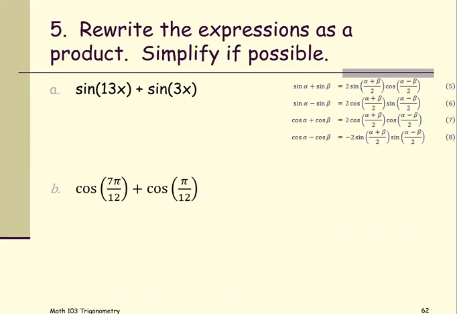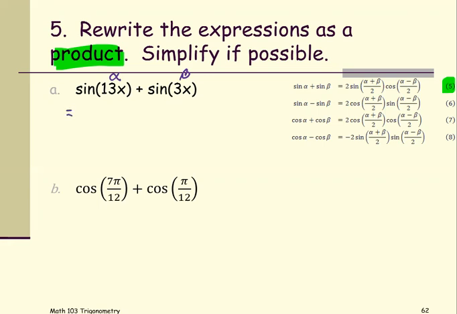In this example, we are going to rewrite the expressions as a product and simplify if possible. The first one, we have the sum of sine of 13x and sine of 3x, which is in the form of the sum of two sines, the same as the pattern of formula number 5. So we're going to name an angle A, or alpha, as 13x and beta as 3x and follow the pattern of formula number 5